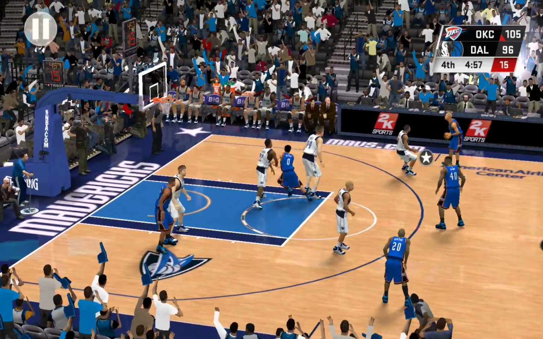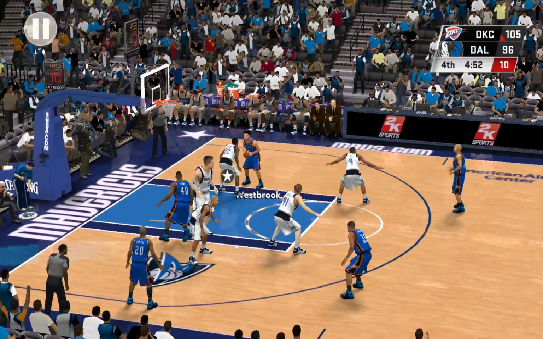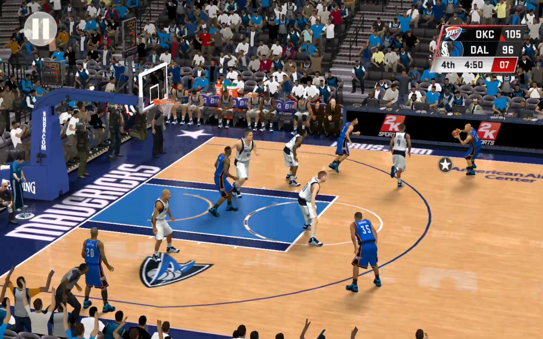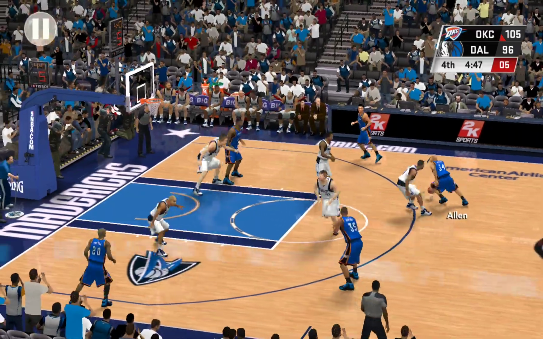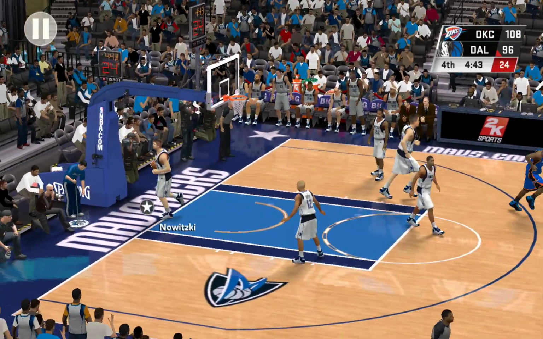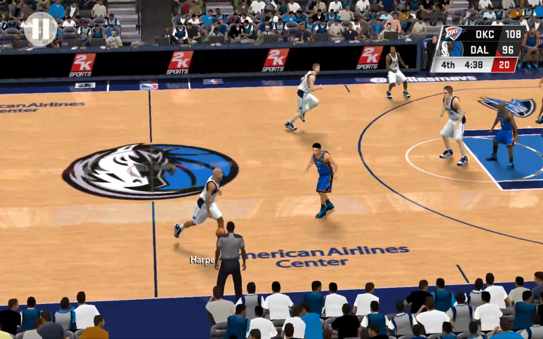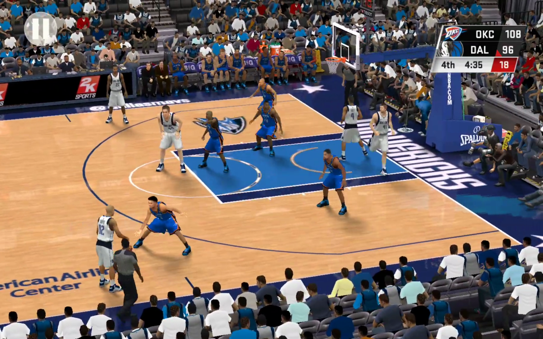Now here's Kemp. Here's Westbrook. Back to Allen. Shot clock at 6. Pass to Westbrook. And they wasted no time getting those 3 points back. That shot becomes effortless for him when the D is so relaxed. They got to get more intense.